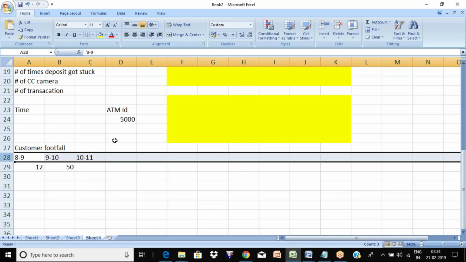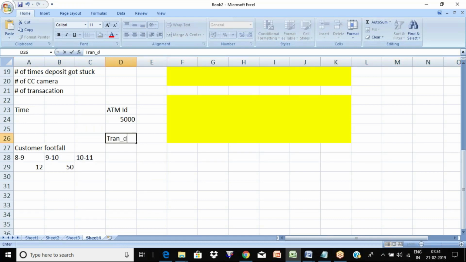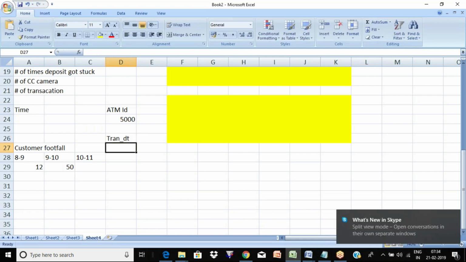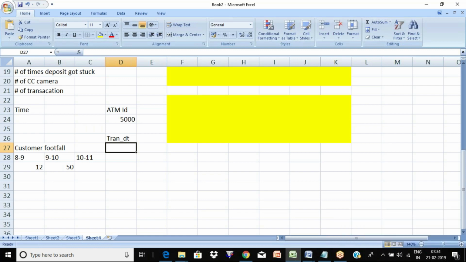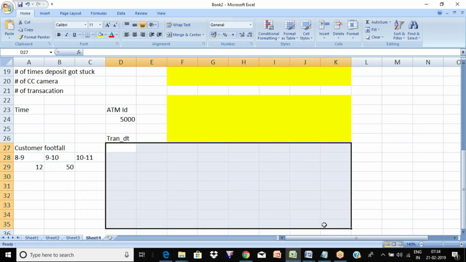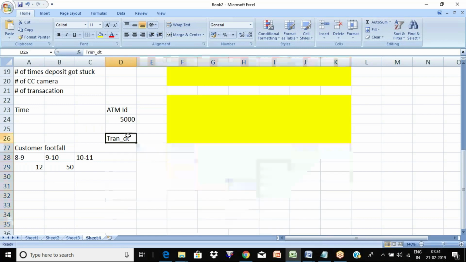In the data, we will be having a column called transaction date. Obviously, if you went and withdrew today, today's date will go into the database. It will also have the transaction time. So in that column we'll be having date as well as time. For all the transactions in the ATM data, we would be having the date and time. Using this column, I can create these groups by fetching the time from that and creating these bandings: how many transactions have been done between 8 to 9, 9 to 10, 10 to 11.